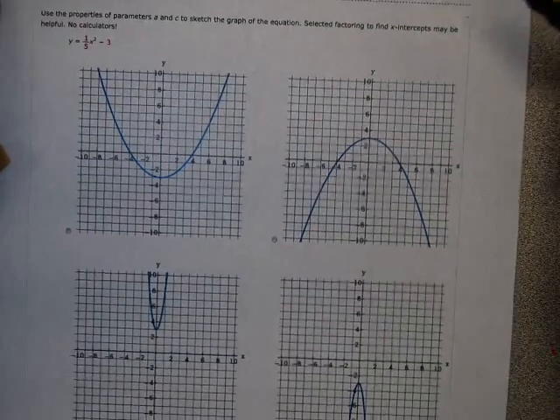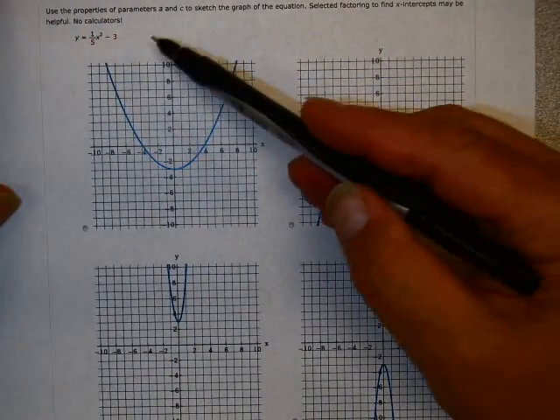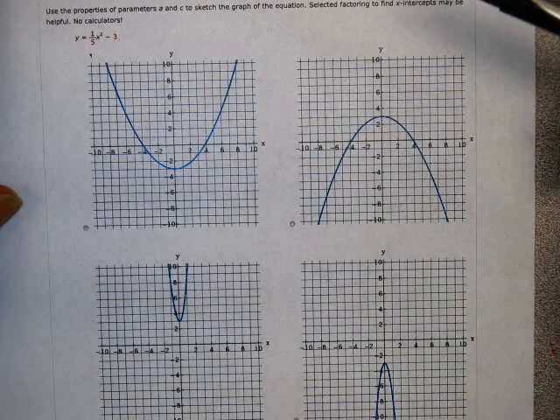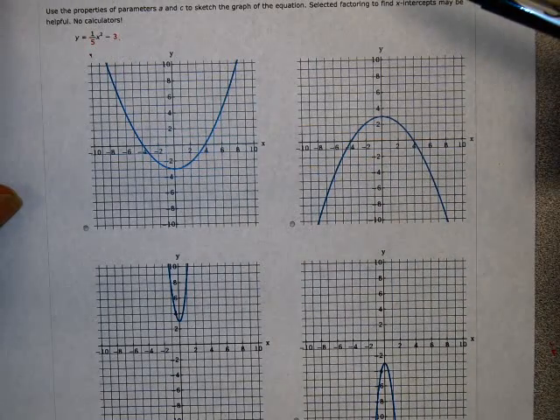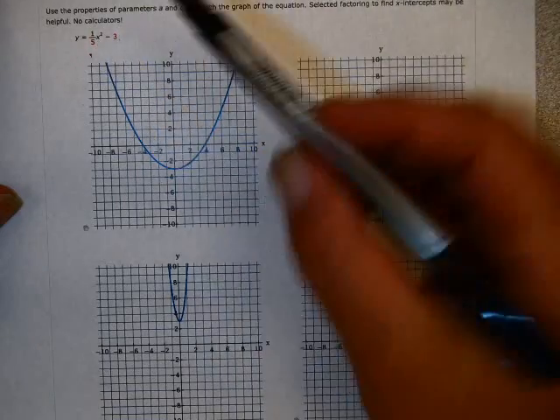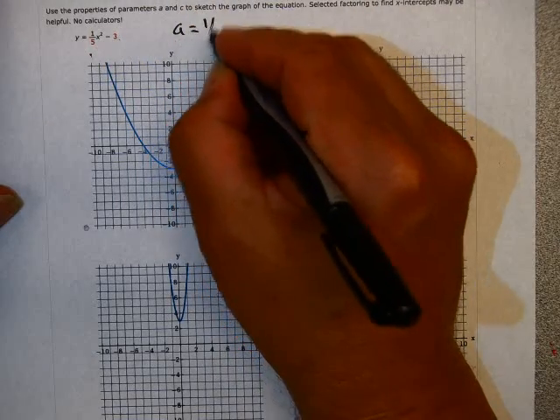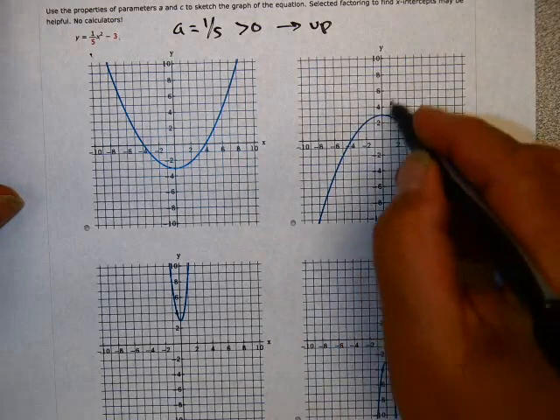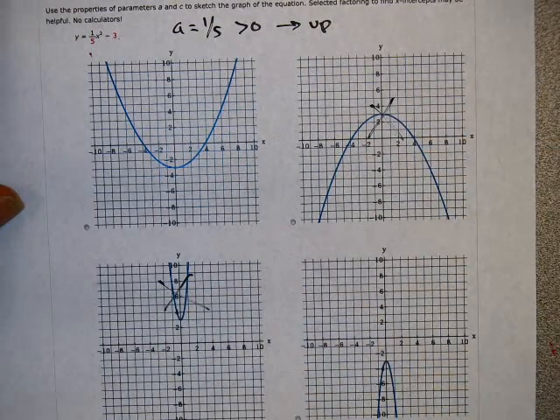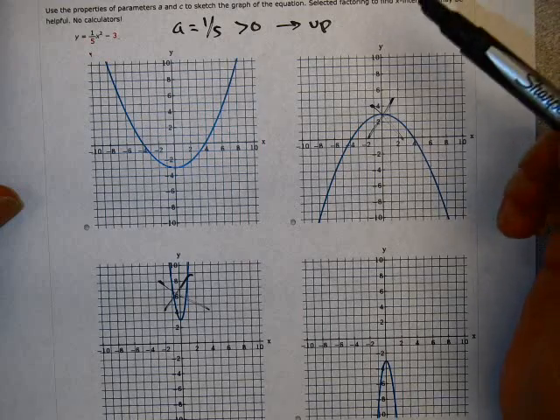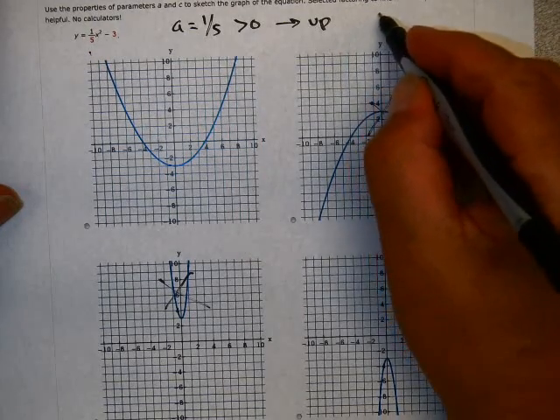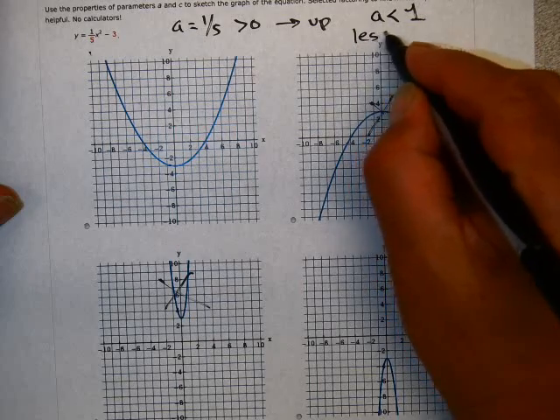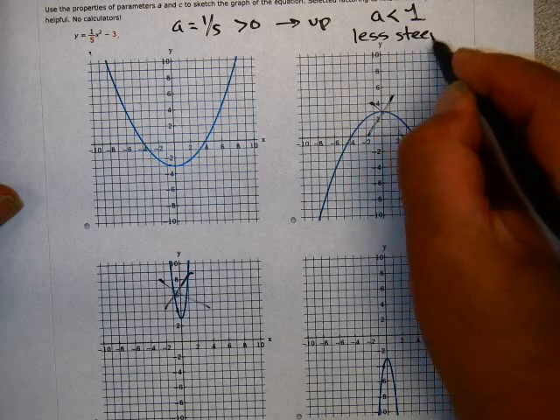Let's see if we can figure this one out on our own. Which of these equations represents y equals 1/5 x squared minus 3? Okay, the first thing you'll notice is that a equals 1/5. That's greater than 0, so that means you point up. So you can't be this one or this one, right? Now, 1/5 is less than 1, so it should be less steep than